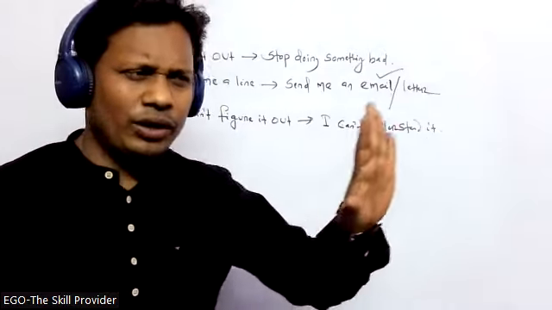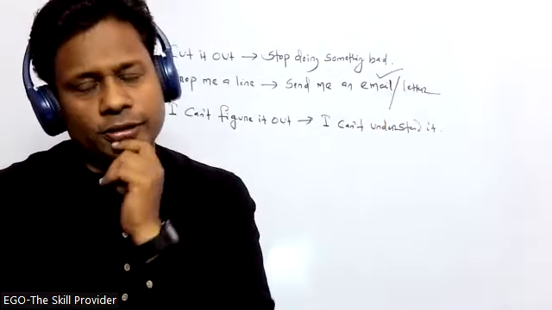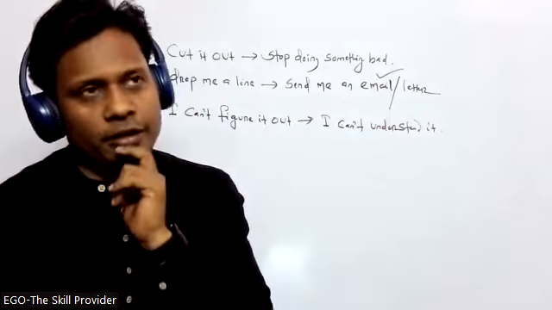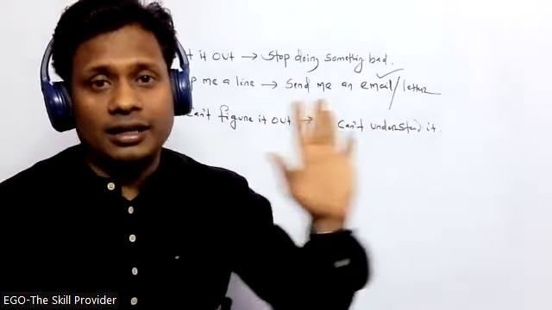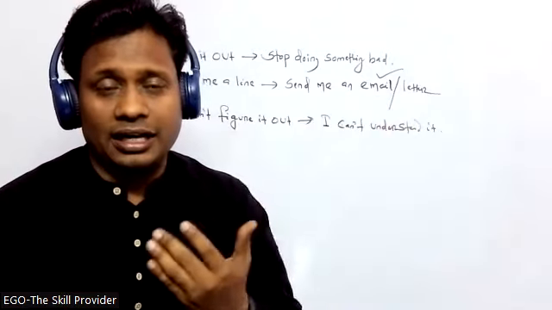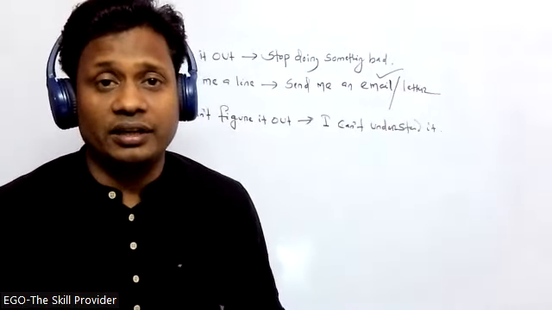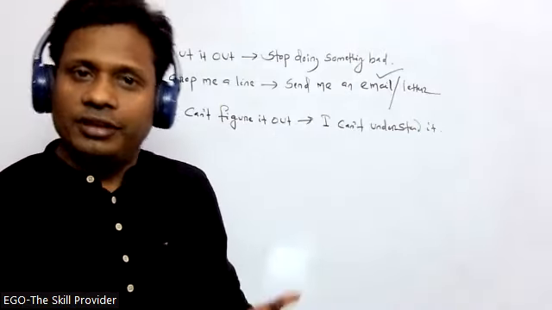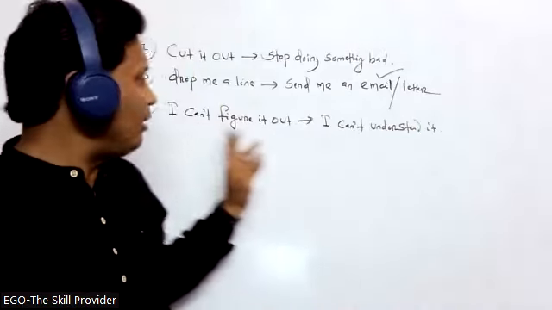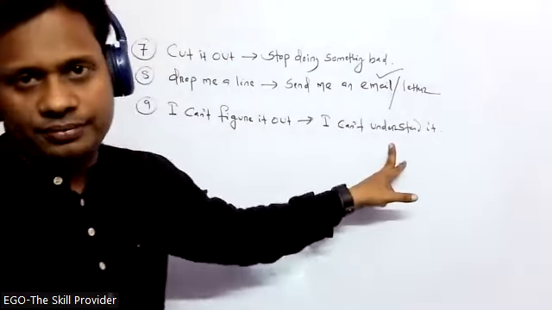Okay, wait for 5 minutes. I'm trying to figure it out. Whenever you're thinking and trying to find it, you do an action like this. Okay, allow me 5 minutes. Let me think something, think over it, and I'm trying to figure it out. Figure it out means trying to understand. Can't figure it out, can't understand.